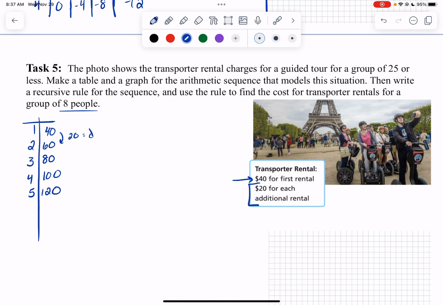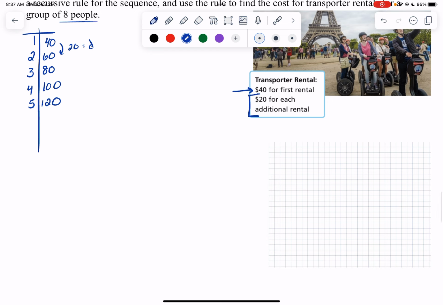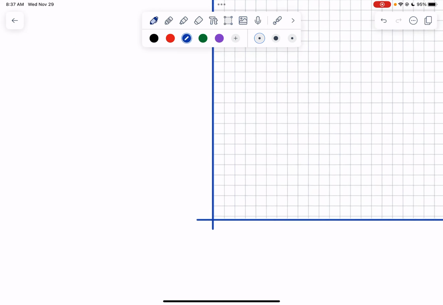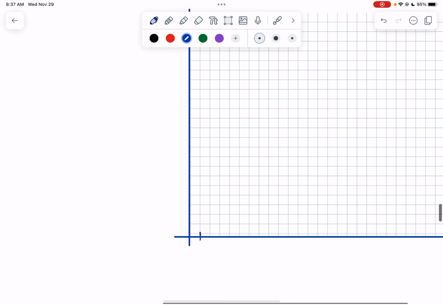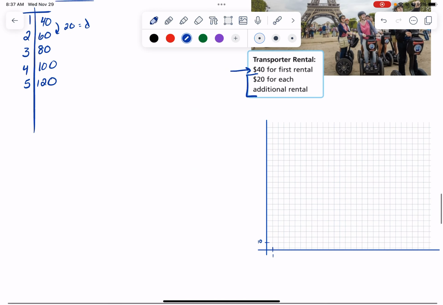So we made a table and now we need to graph it. These numbers are only going to be positive because they're only going up. So I'm going to stick with quadrant 1. And we are going up by 10 or 20 each time. So maybe we count by tens on this axis. This axis will count by ones. Here we'll count by tens. So for the first person, it's $40. So 10, 20,